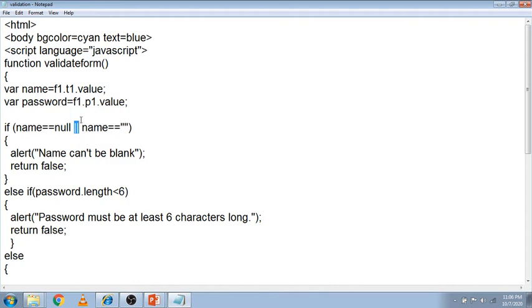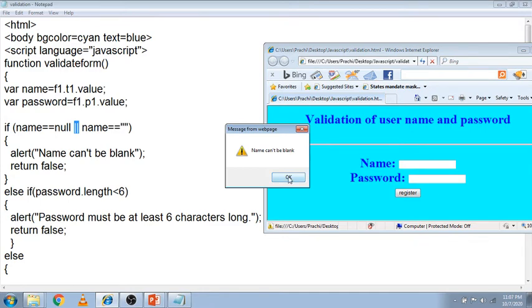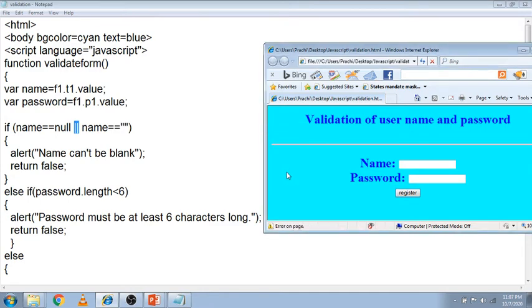If any one of the conditions is true, then it will go here, name can't be blank. Clear? So it returned false. So the first time I put both fields blank, so it will return my message name can't be blank. See, name can't be blank.